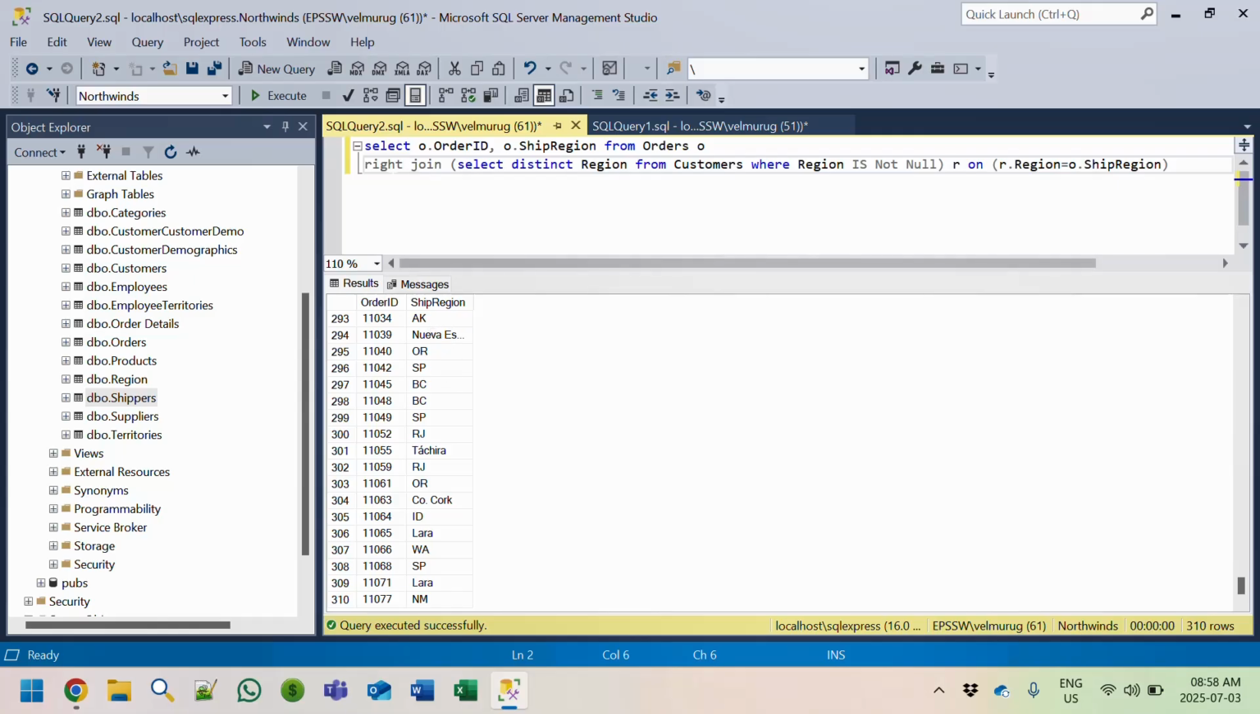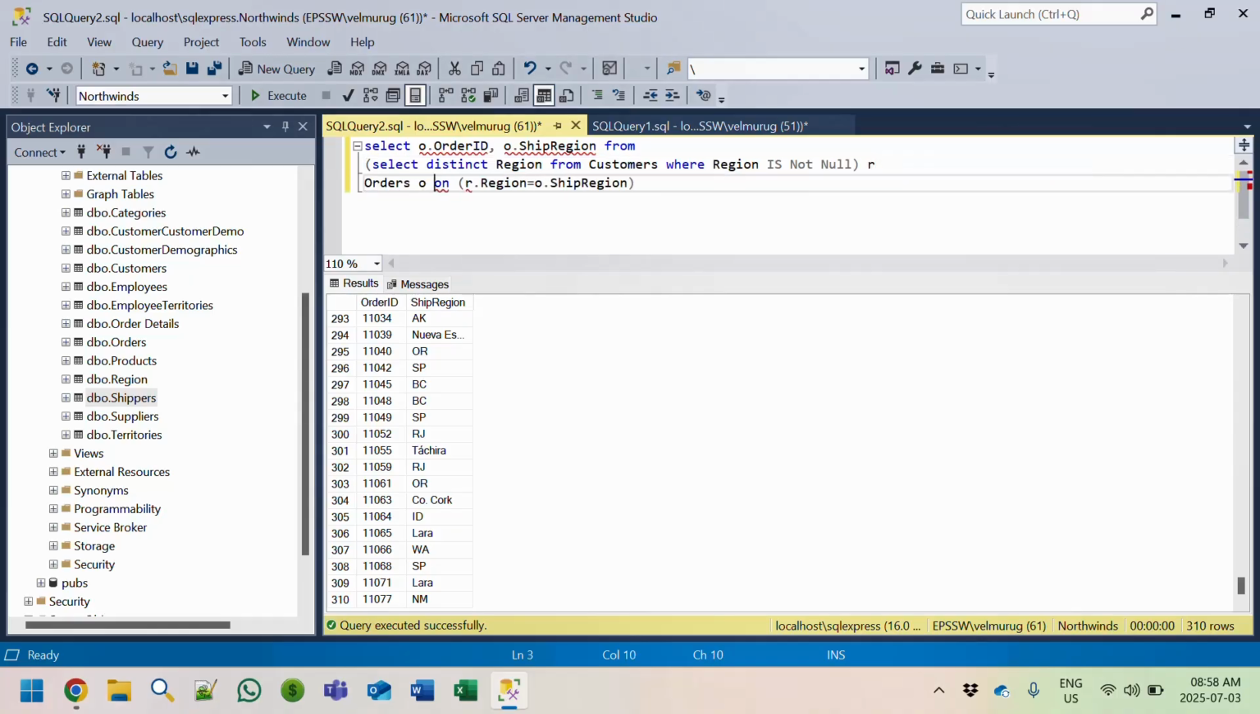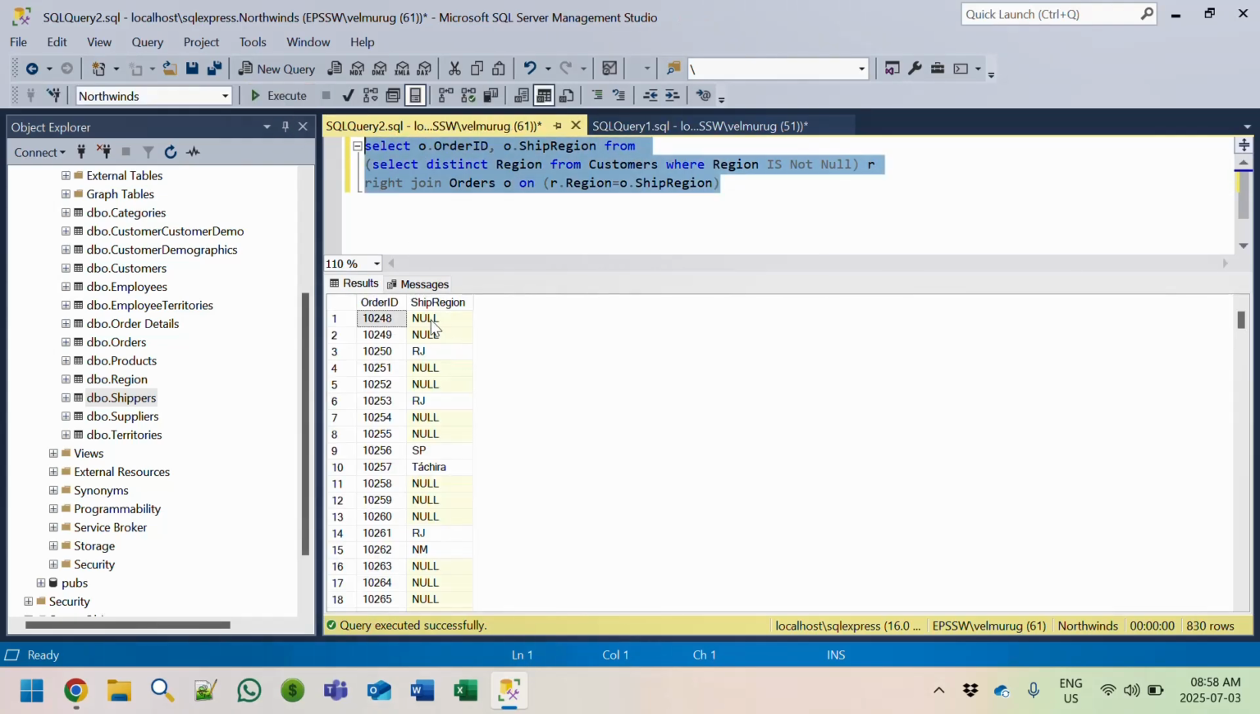And maybe, if you want to really look at the right join, I will tweak my script to show them. In place of orders, I will keep it as the second table. And here I will use right join orders on. Now if I execute here, I will get some more null values,